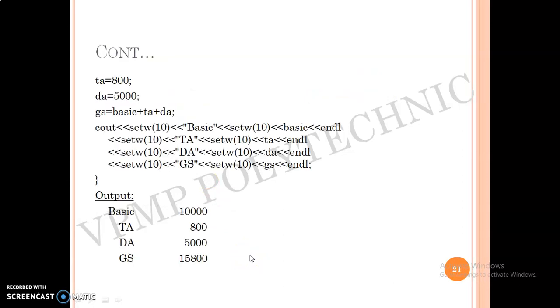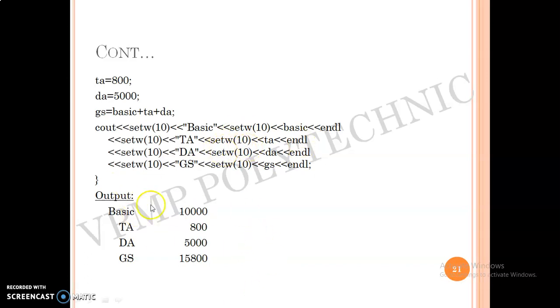So this formatted and unformatted, we are using just for the sake of representation, for the sake of representation when you are trying to display the data to the monitor. So for displaying you can use this kind of manipulators, okay, and all the kinds of formatting that you are interested in displaying during the output.